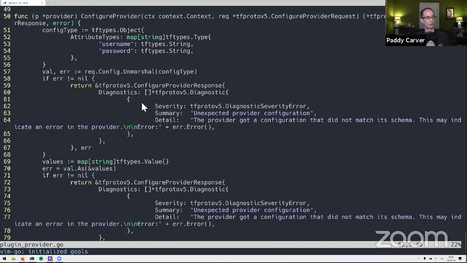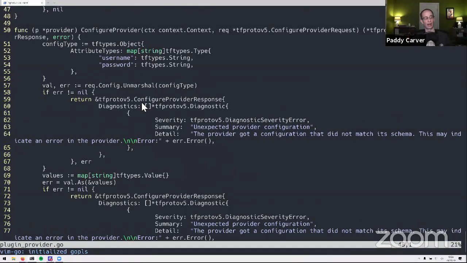You'll see very quickly that there are two patterns. You get what's called a dynamic value off of the protocol, and a dynamic value is just a collection of bytes, and that's it. That's not super fun to work with. Configs, states, and stuff like that are all dynamic values. We have an unmarshal function on them that you pass in a type for, and in this case, it's a tftypes type, which I'll talk about in a minute. You pass in a type and it gives you back a tftypes.Value, which I will also talk about. There is a new package called tftypes, which exposes Terraform's type system.